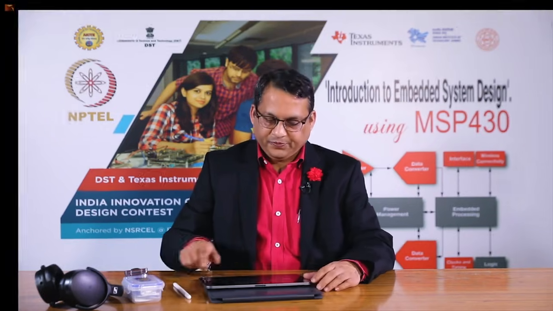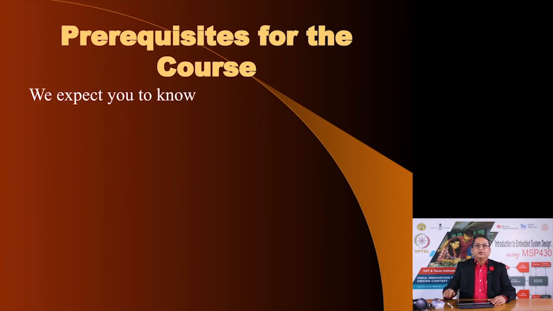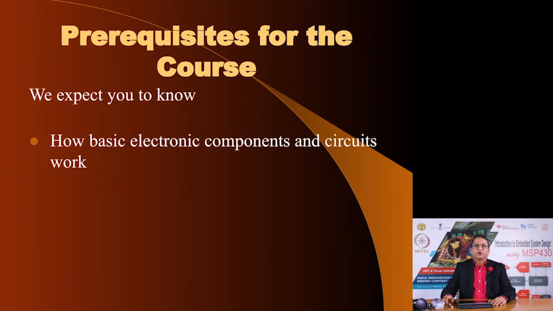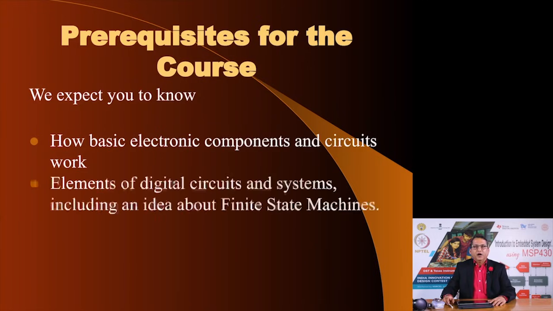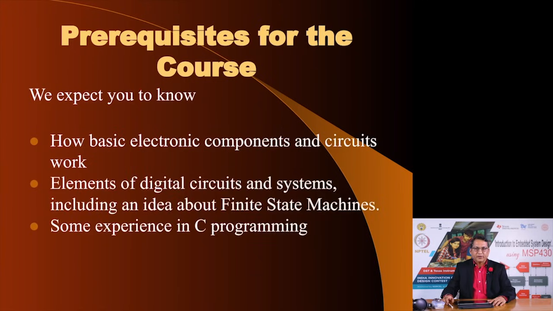After we have covered the course objectives, let us go through the prerequisites which we expect you to know. We expect you that you would be aware of basic electronic components and circuits, that you are aware of how digital circuits work, how digital circuit systems work, and you have some idea about the finite state machine. It would also help if you have some experience in C programming and computer architecture. Beyond this,